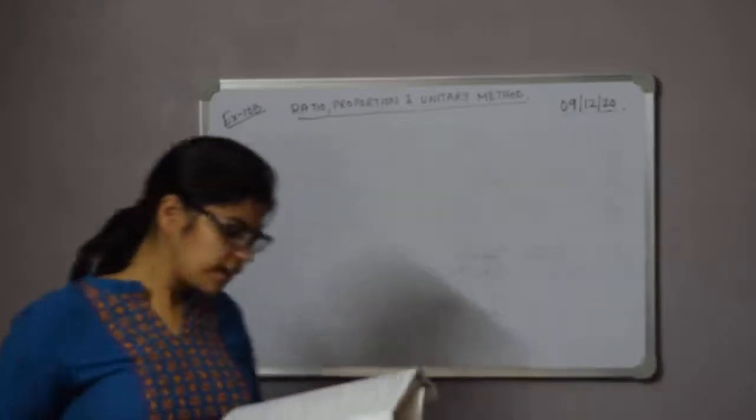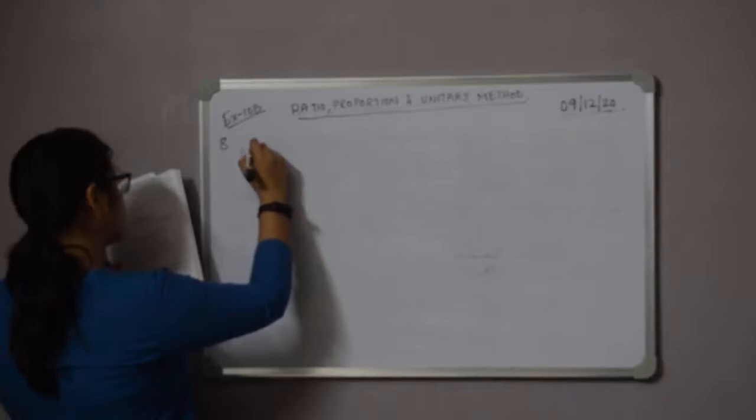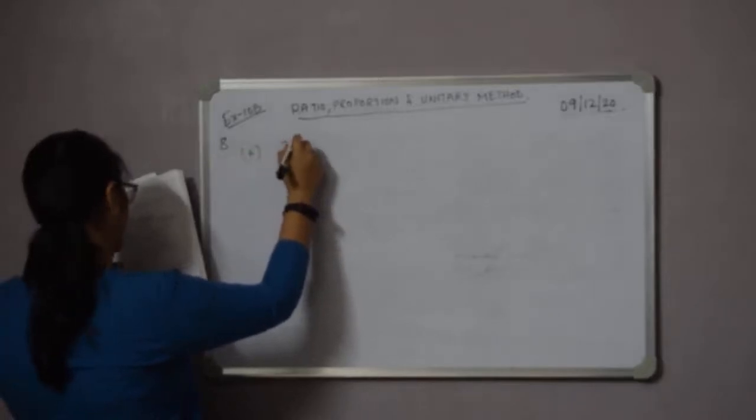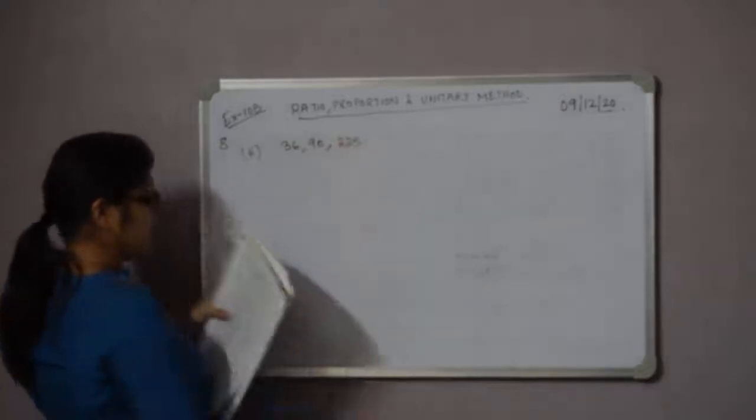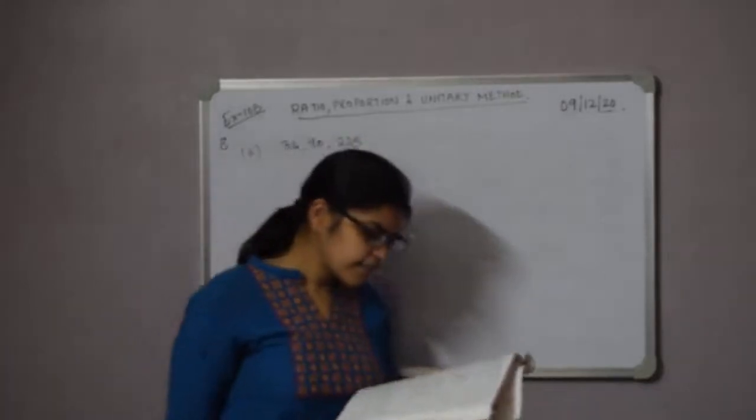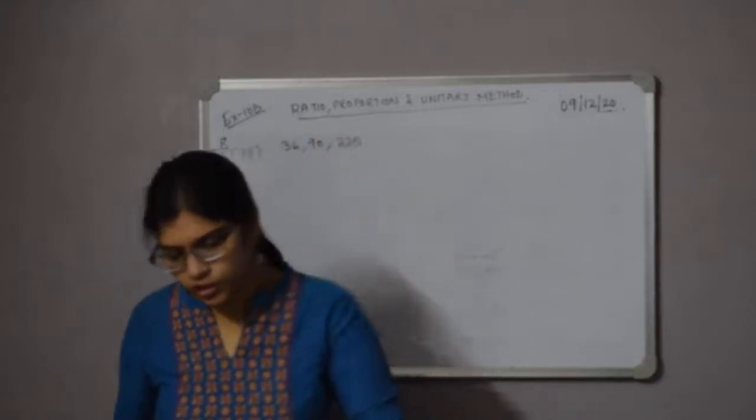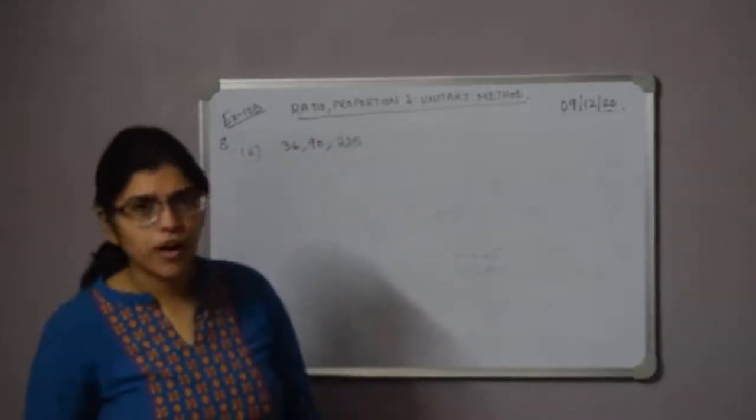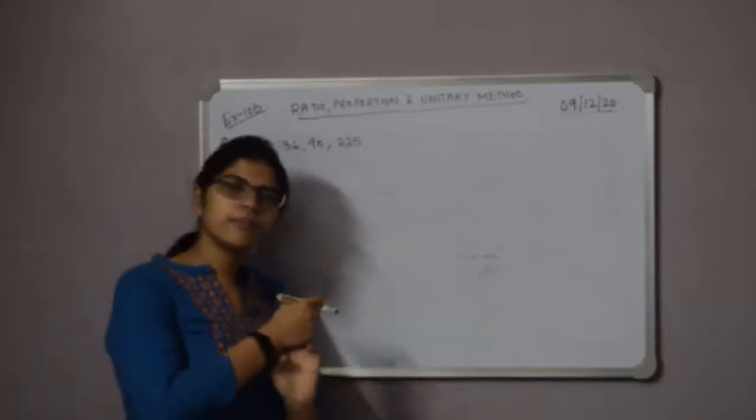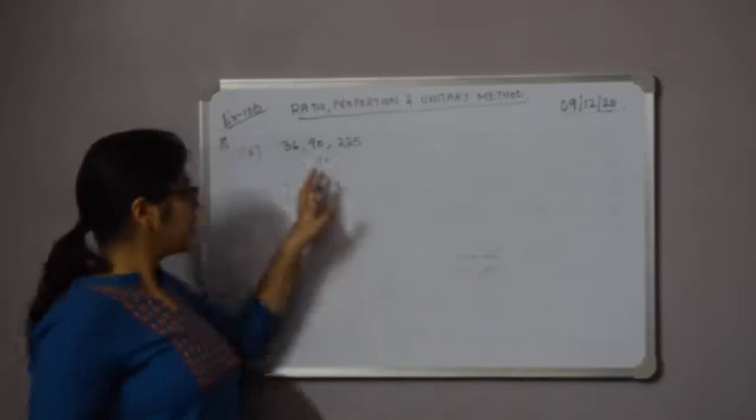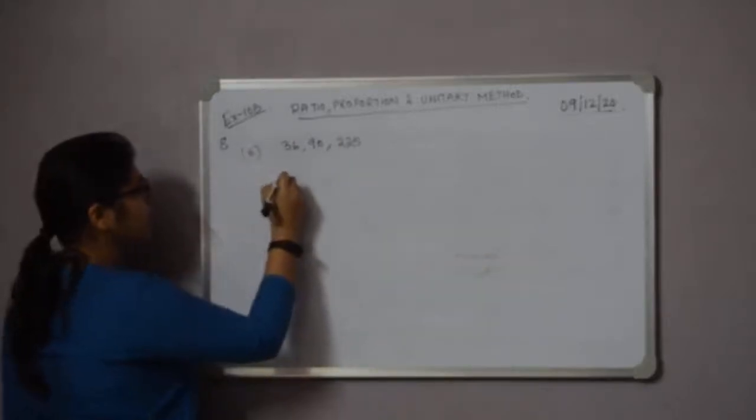So sum number 8, I am taking sum number 2. Here we have 36, 90 and 225. Let us look at the question. It says: show that the following numbers are in continued proportion. I have discussed continued proportion earlier. It means that there will be 3 numbers given to us, where the second number and third number will be same. So therefore